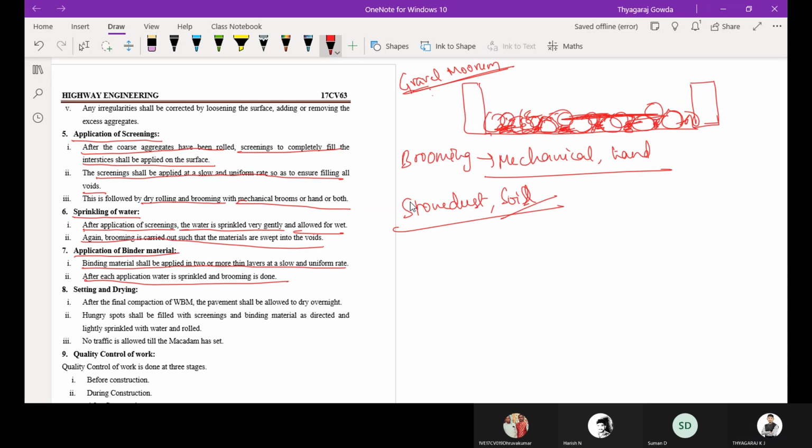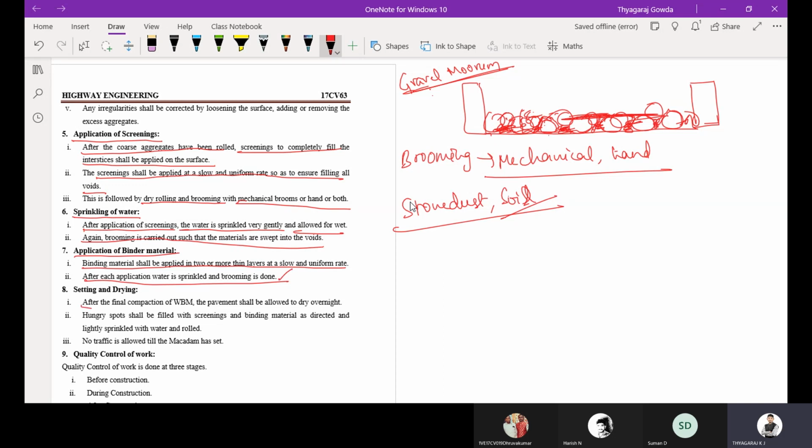We know that soil, when it comes in contact with water, changes its behavior. So here also you are going to lay the soil thin layer by layer, sprinkle the water, and broom it, such that any interstice between the screening material is filled with the binding material.